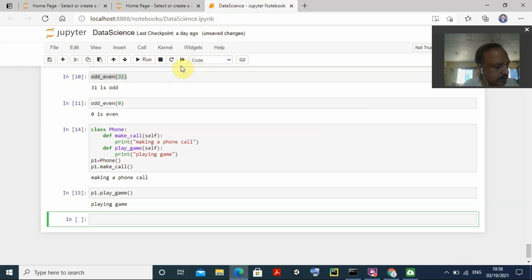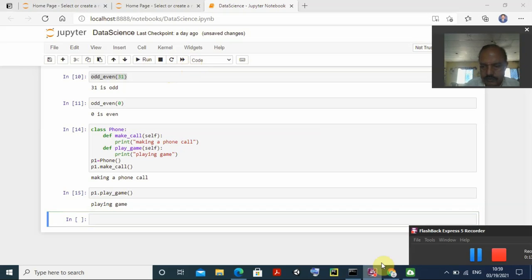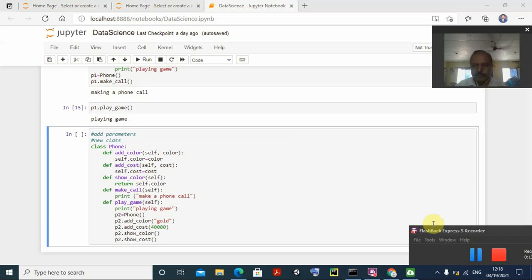Then how do we add parameters? How do we go about adding parameters to this thing? Next we will study this one. Okay, now let us see how to, yeah, first I will go for this thing. Now we are going to create a new class, and also I am going to show how to add these parameters. Okay, so for this what we need, I just define a class phone, same, then define some functions,